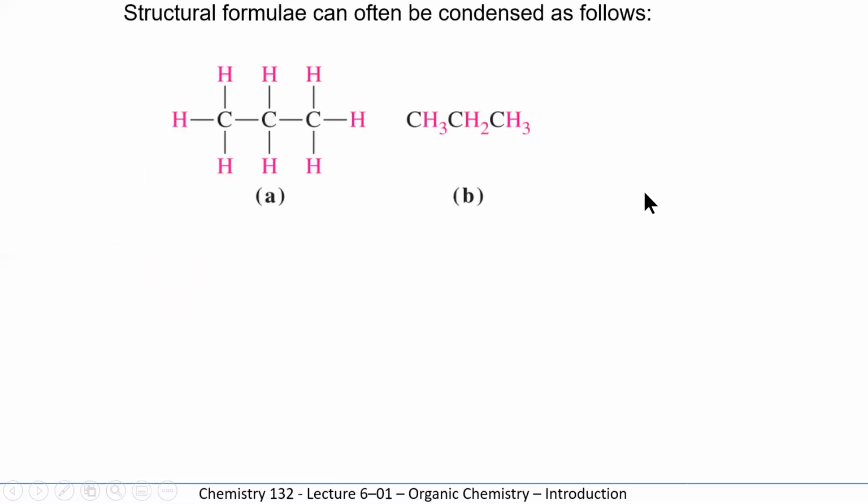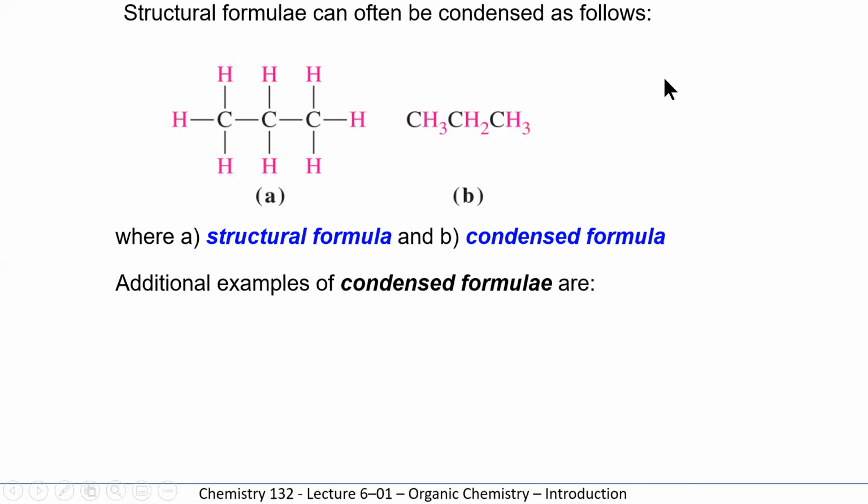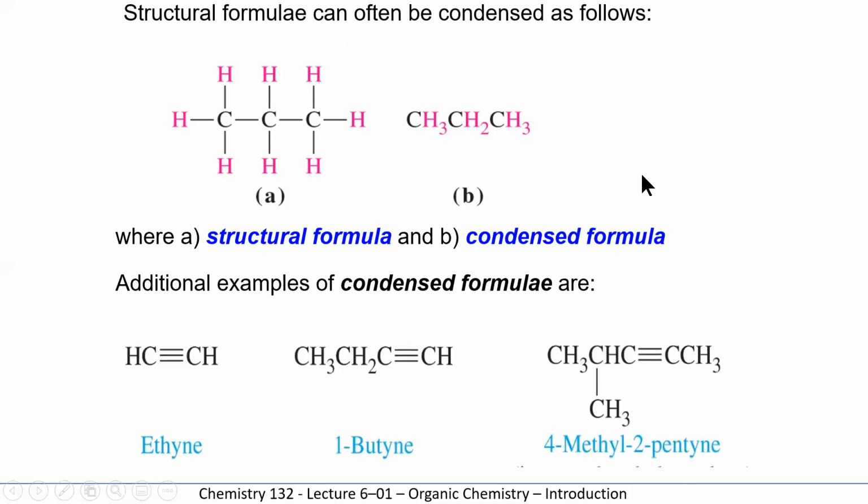Now you can write condensed structural formulas. Instead of drawing it like this all the time, you could simply show it as this carbon's bonded to 3 hydrogens, this carbon's bonded to 2 hydrogens, and this carbon's bonded to 3 hydrogens. So that's another way of representing this molecule of propane. So here are some other examples. This would be ethyne,